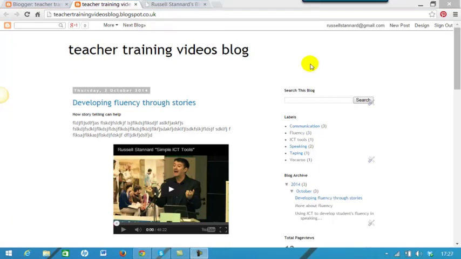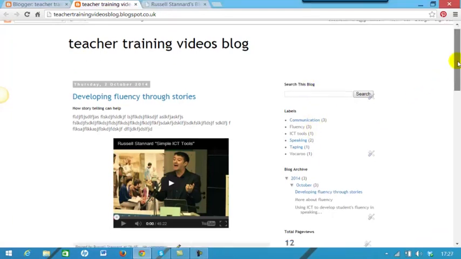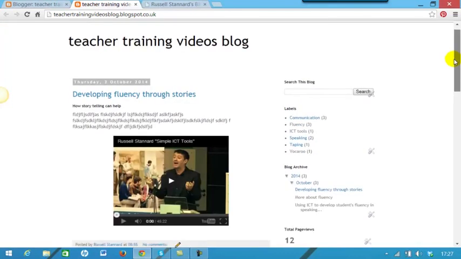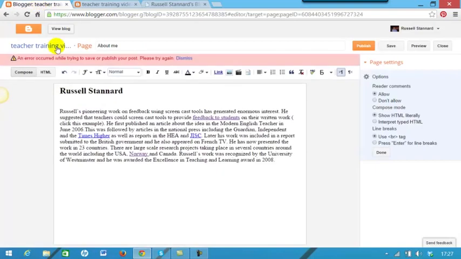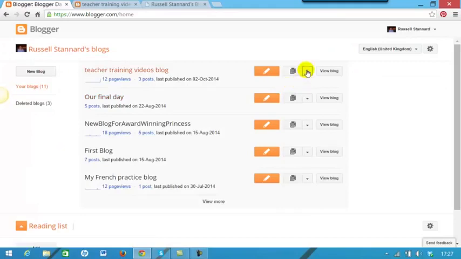Now I'm going to point something out to you. When you're working with Blogger, you can actually edit these gadgets from here. You don't really have to do what I'm doing, which is always go back to this page here. Let's just publish this a minute, and it's telling me there's an error because I haven't got any pages added yet, the actual page menu, as I've said. If I just click back here and come down to the layout,